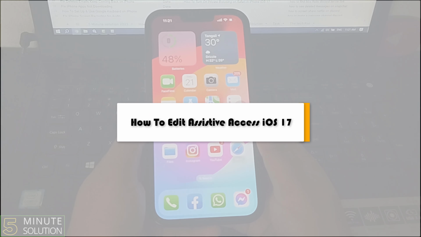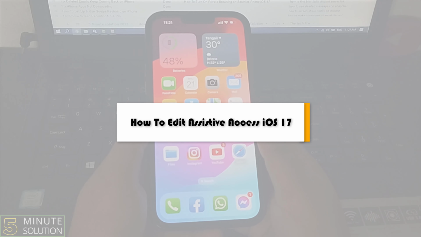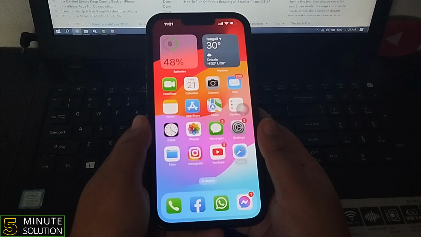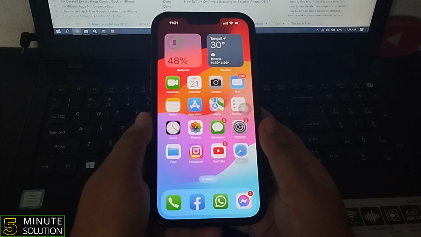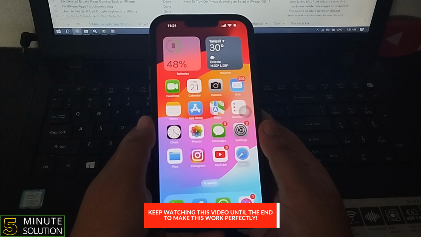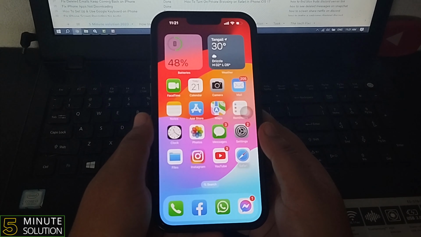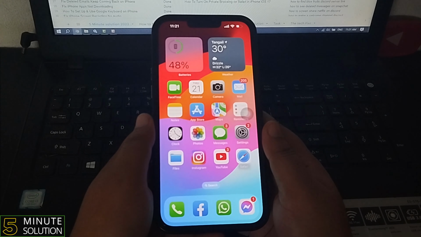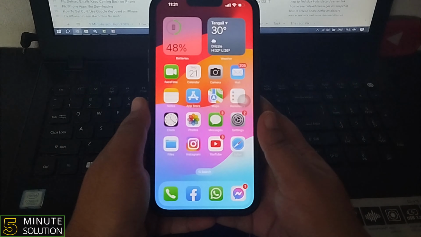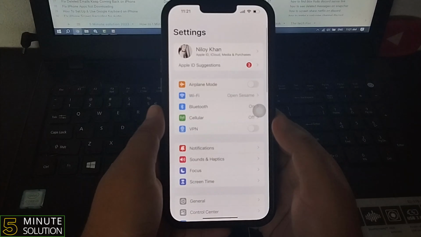This 5-minute solution will show you how to edit Assistive Access on iOS 17. So if you updated your iOS version to 17 and now you want to edit or customize the Assistive Access, follow these easy steps. First of all, go to your iPhone settings, scroll down,